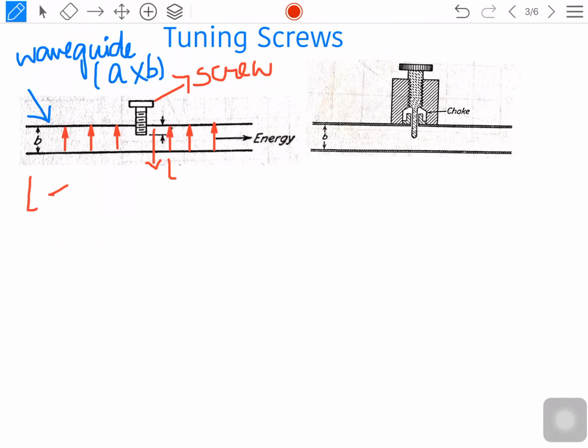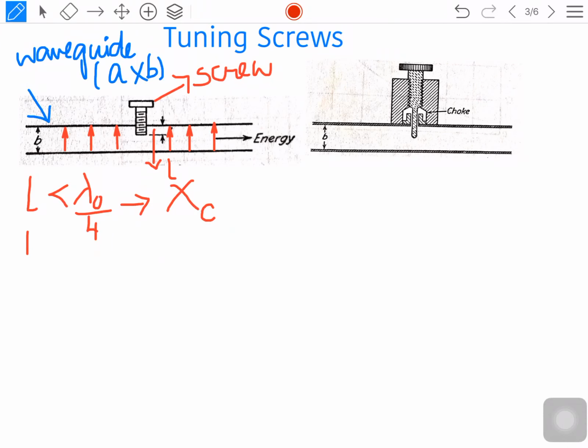If L is less than lambda naught by 4, then it will act like a capacitive window, and with this the C value will be changing.